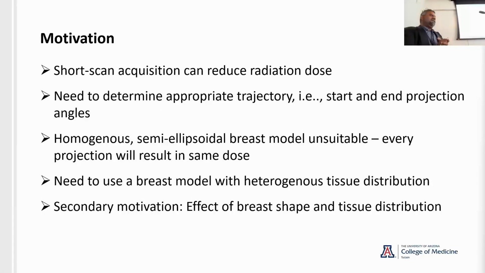So one way to do that is to do short scan acquisition. And again, as I mentioned before, we want to find out where to start and where to end. Now, if you think about it, the homogeneous semi-ellipsoidal model, the cross-section is circular, and it's uniform composition. So at every angle, the dose is the same. So that's not an appropriate model for us to think about where to start and where to end, because you